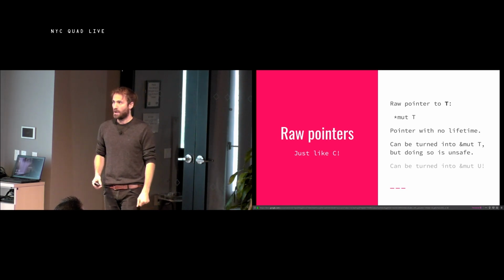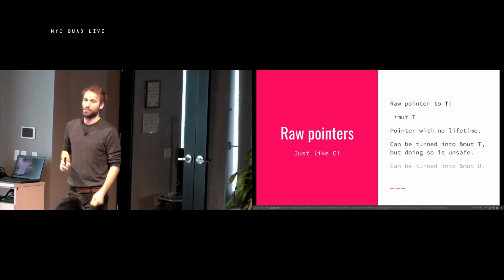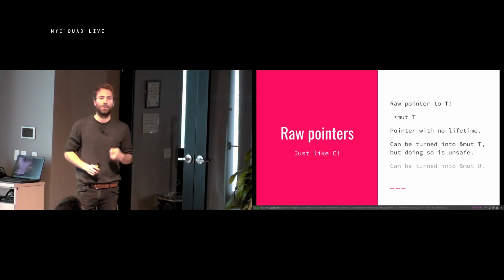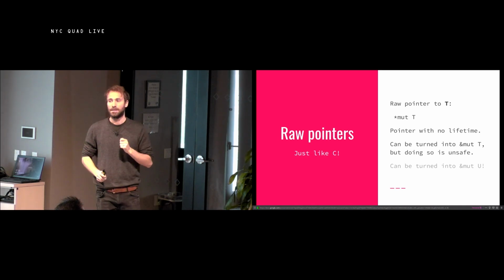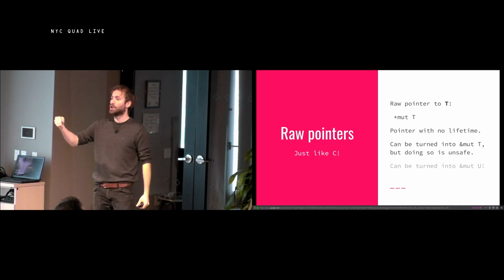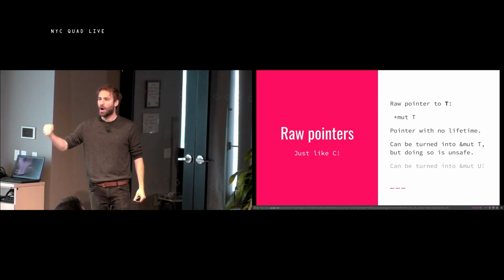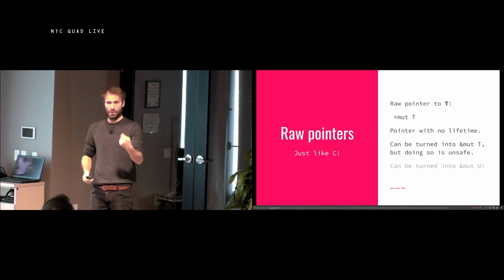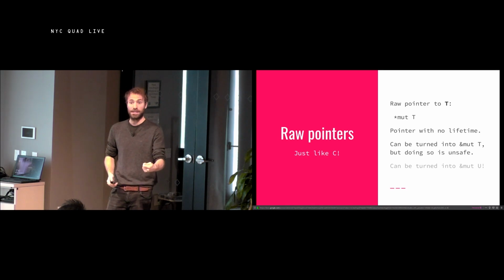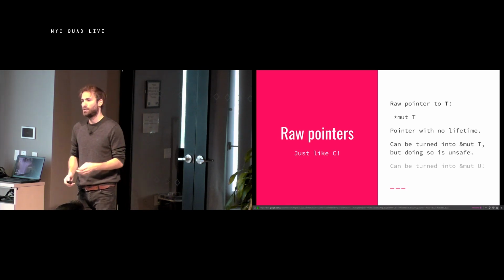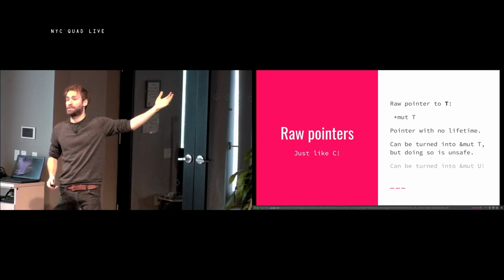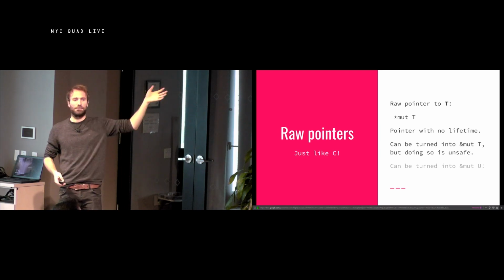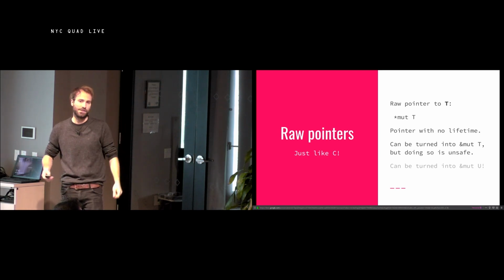Who knows? And then unsafe lets you take one of these and turn it into a mutable reference to T. So basically you can give it out along with the contract saying, I promise that this pointer is now exclusive to you. No one else is using it. And doing that is unsafe because you are internally maintaining some invariant that makes that true. You can also do things like changing types using this, right? This is basically pointer typecasting in C.